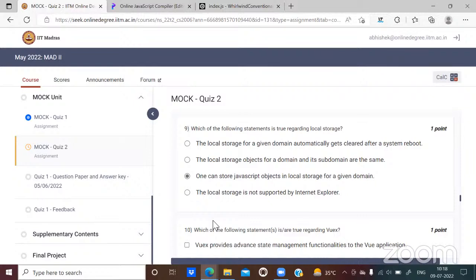No, correct. And because the form has to be changed when the JavaScript object becomes a string, it is no more a JavaScript object. You cannot call it a JavaScript object, right? So the statement says one can store JavaScript objects, which is wrong. Because in the last session also, we tried to store the JavaScript object as it is, and we were not getting anything. That's how the demo went, right? Then we explicitly did stringify, and then we were able to see the values. At that moment, it is no more a JavaScript object. It is a string object, right?